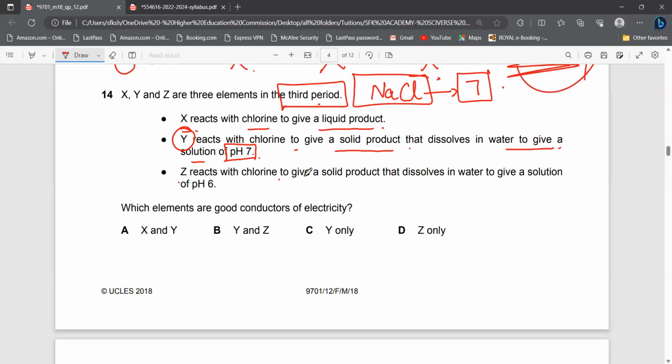Z की बात करें तो Z reacts with chlorine to give a solid product that dissolves in water to give a solution of pH 6. This one is acidic. X reacts with chlorine to give us a liquid. Okay, now which elements are good conductors of electricity? गुड कंडक्टर्स ऑफ इलेक्ट्रिसिटी हमें देखना है, तो Y has to be the correct answer, क्योंकि Y the sodium, it's a metal, right? So it's either A, B or C, ठीक है, D नहीं हो सकता।